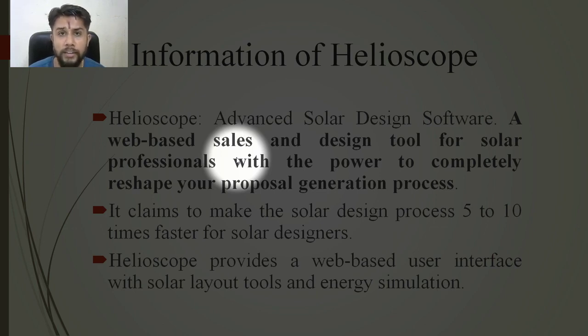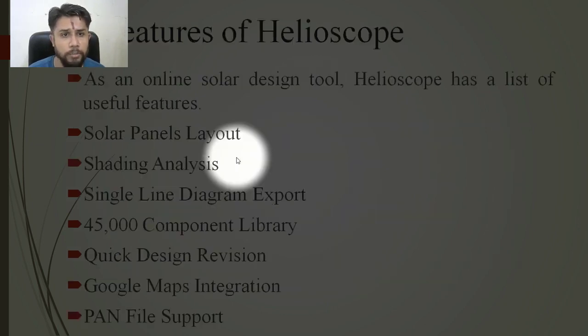With this tool, you can design your solar PV power plant 5 to 10 times faster, and this tool is helpful for the designers as they have to carry out this design process as faster as possible to attract their clients and to serve their client better. Helioscope provides a web-based user interface with solar layout tools and energy simulations. Other features of Helioscopes are we can find out the solar panel layouts, shading analysis, single line diagram export, 45,000